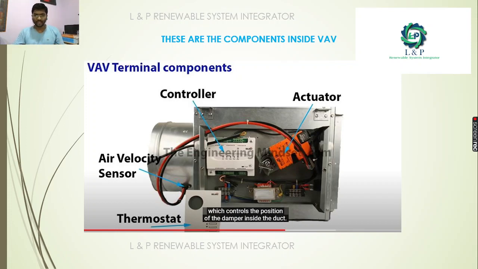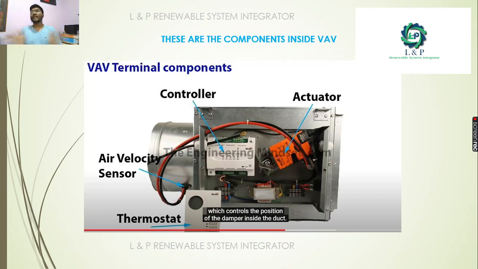See here, for the dampers, we can choose two types. One is digital input, digital output type, or we can go for modulating, which is an analog input, analog output type. Here, our command is an analog output from the controller, which is an analog input to the actuator. And the feedback, showing what position the actuator is at, is a 2 to 10 volt analog output of that actuator, and it is an analog input to the DDC controller.